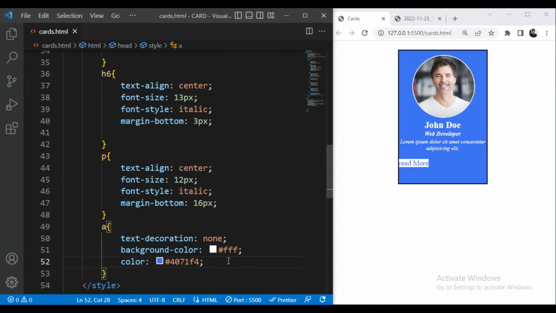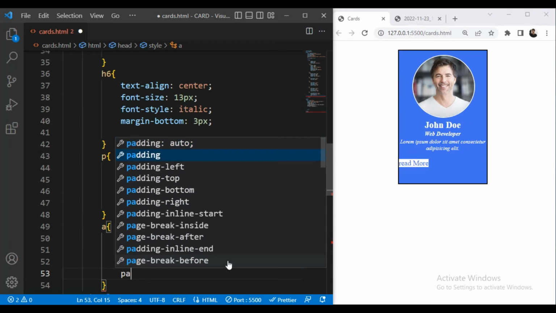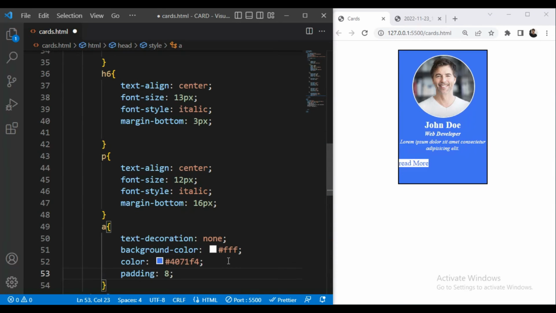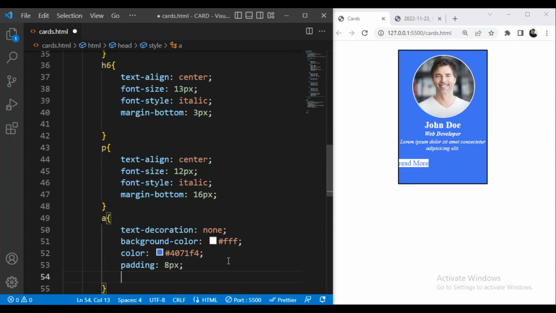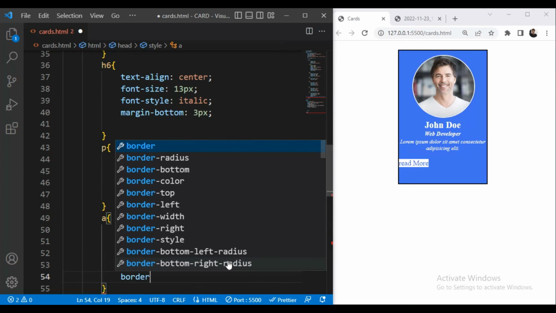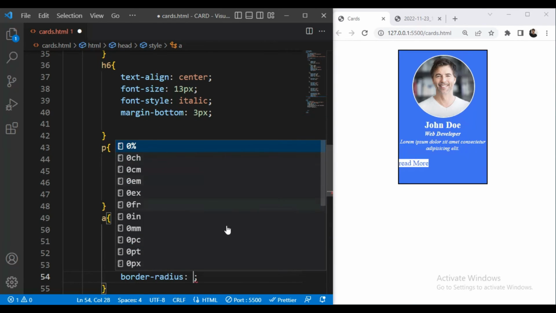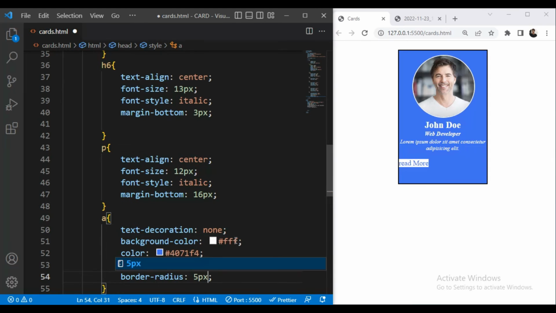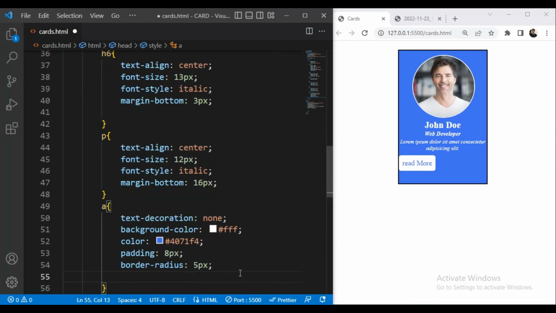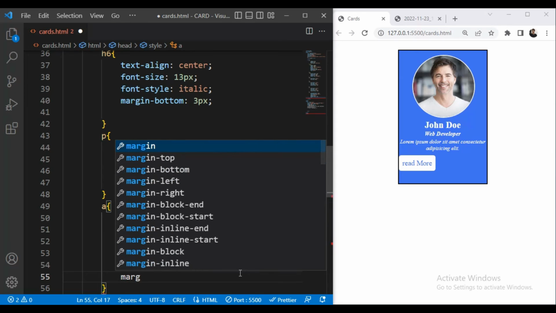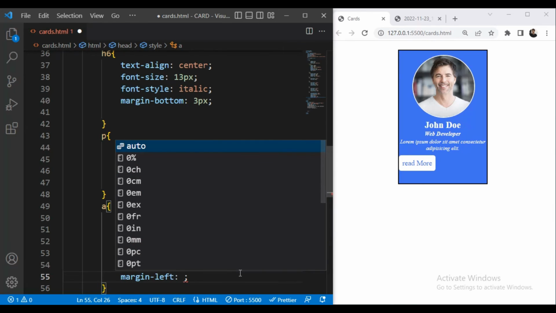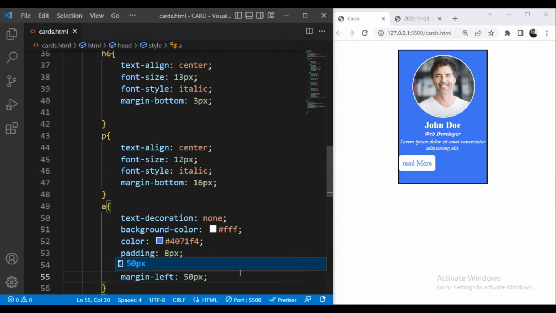Okay, then padding 8 pixels, and border radius will be 5 pixels. Okay, then margin from left will be 50 pixels.